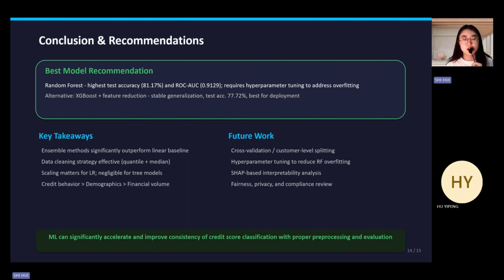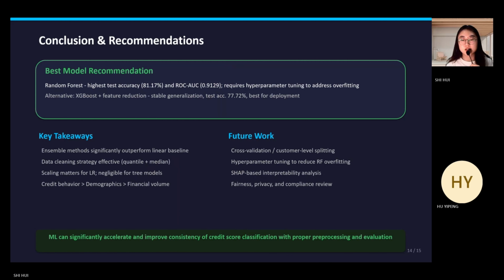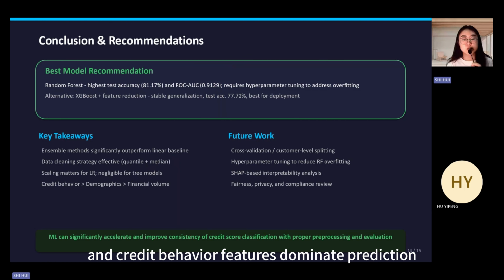Key takeaways: ensemble methods significantly outperform linear baselines. Our quartile-based cleaning strategy proved effective. Scaling matters only for linear models, and credit behavioral features dominate prediction. This concludes